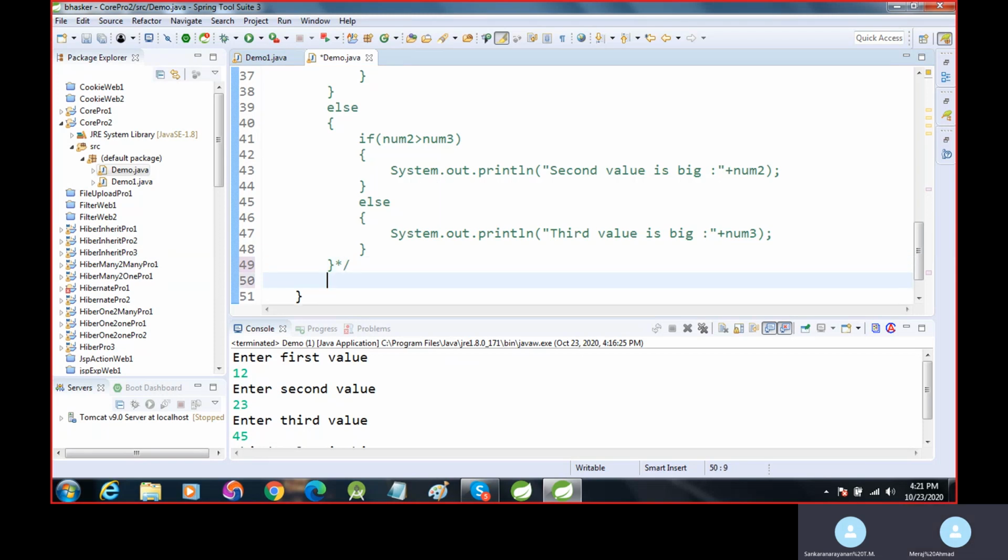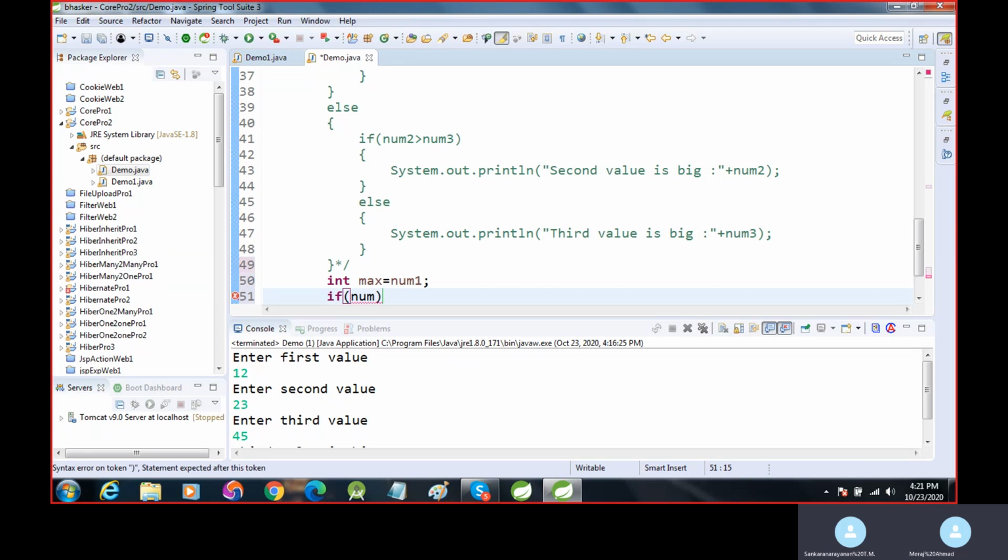I create a third method. Here I declare another variable and declare num1 as big. Max is equal to num1. I think number one is big. After that I check with num2.